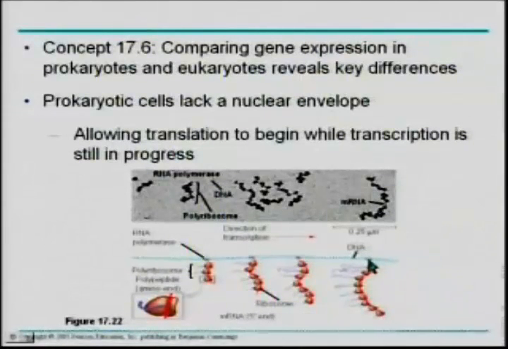So as soon as transcription is occurring, translation is occurring, and we see the growing polypeptides on the messenger RNA as it is being translated by the ribosomes. So the transcription and translation are coupled in the